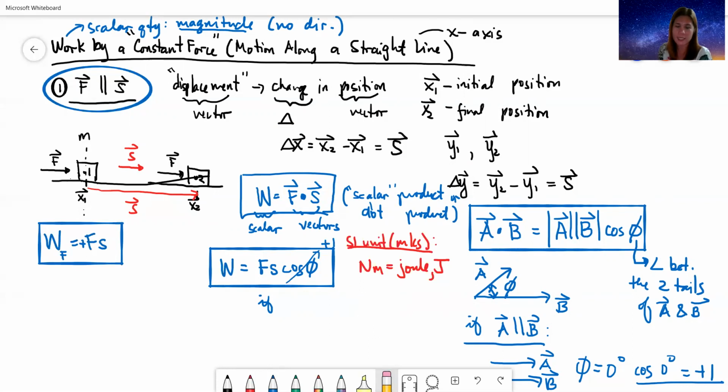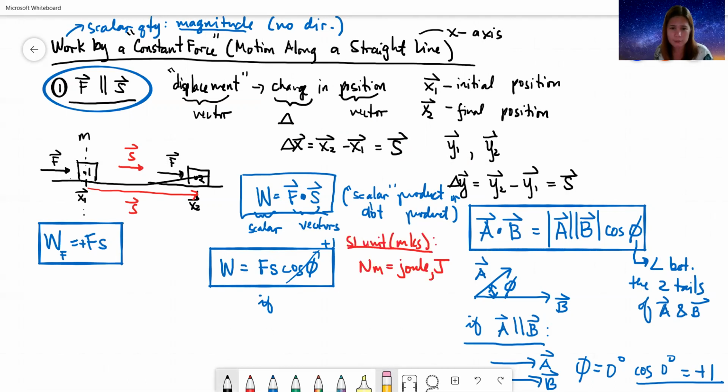Because work is somehow energy from a certain body, either energy transferred to it to make it move, or energy that is removed from the system so that it slows down because it loses energy. So work and energy are very much related, no? That's why they have the same unit. We will learn about that later. Aside from joule, another unit would be calorie.